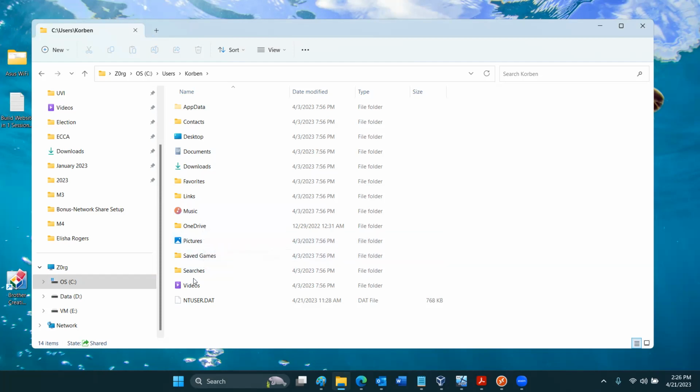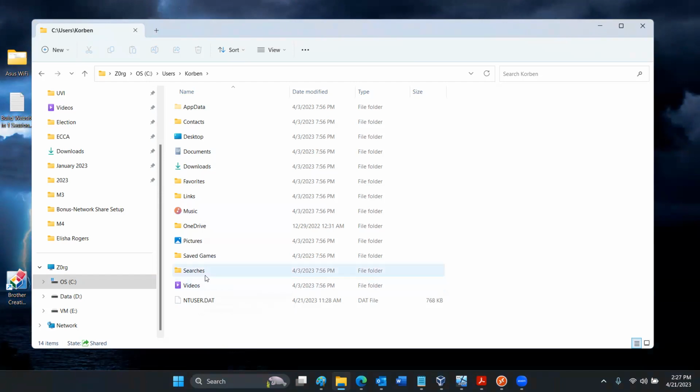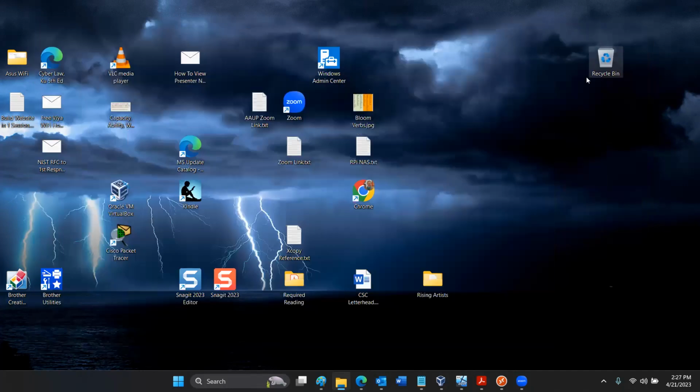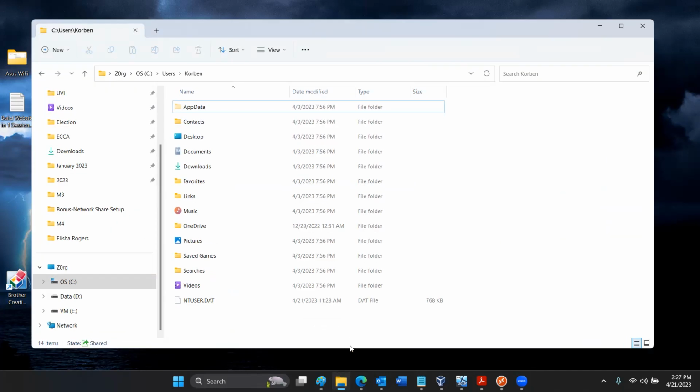Pictures are stored, videos are stored. You get the point, right? These are the directories that compose a user's profile. And when you log in and a different user has a different desktop, different data files and so on, those are stored inside the user's folder, user's directory.